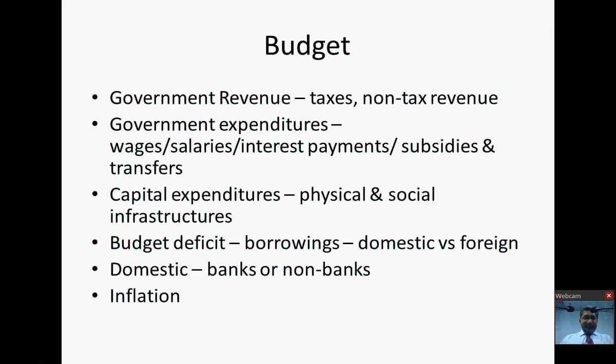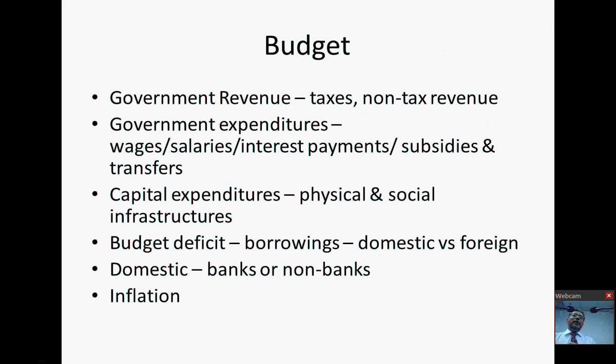You can borrow. Sometimes if you borrow too much, you get inflation. Because if you have too much money in the economy, relative to the supply of goods, then there is inflation. Because too much money is circulating in the economy, too few goods. So you have inflation. So all that is in the finance minister's mind when he presents the budget every